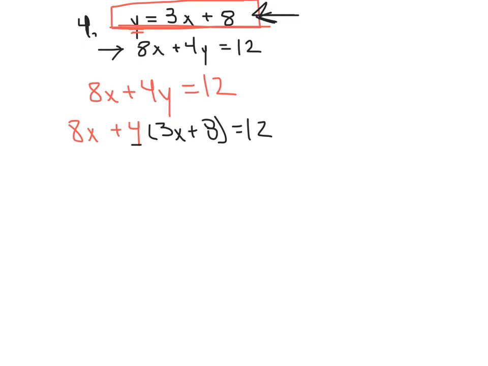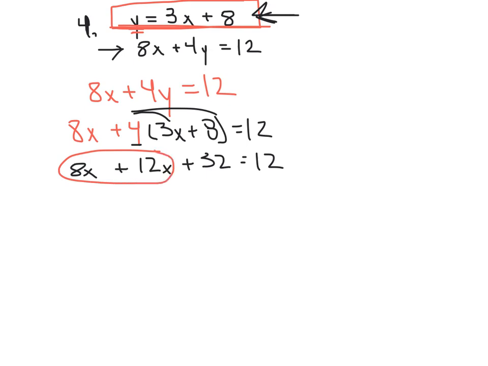So on the outside we have a 4, the parentheses, so we'll multiply the 4 times the 3 and 4 times 8. So that would be 8x plus 12x, because 4 times 3x is 12x, plus 4 times 8, which is 32, and then that equals 12. Now on the left, we can combine our variables, 8x plus 12x, which gives us 20x plus 32 equals 12. Now we need to move that plus 32 over to the right, so we would subtract